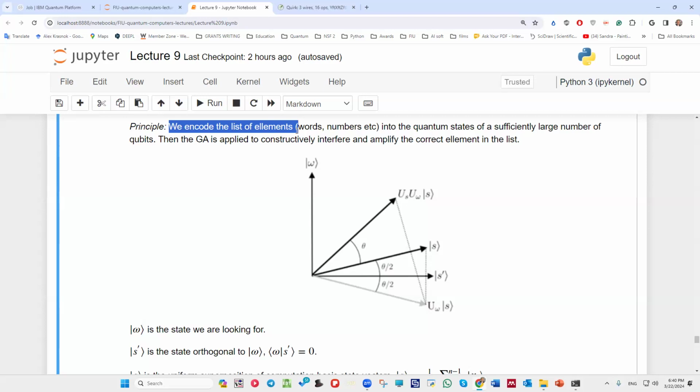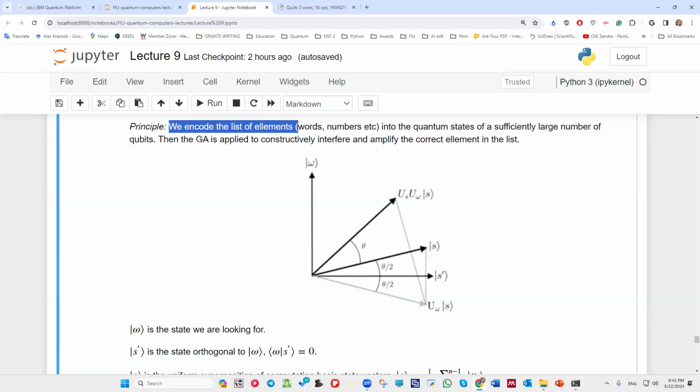Well, it can also be a billion quantum states. It can be a system of quantum states. So not a billion, but still a sufficient number of qubits. Okay, so you encode this list to the states of the quantum machine,